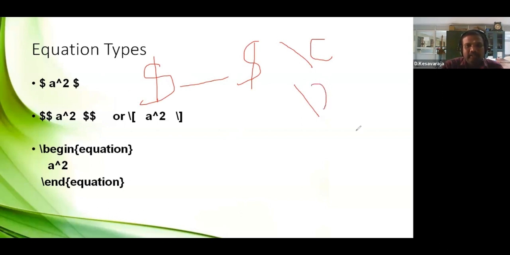This first type is called inline mode equation. The equation starts with dollar and ends with dollar, or otherwise starts with backslash open parenthesis and ends with backslash close parenthesis. Inside that, you can write your equation. For example,